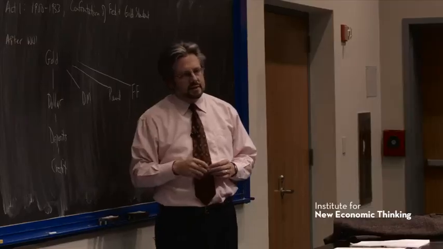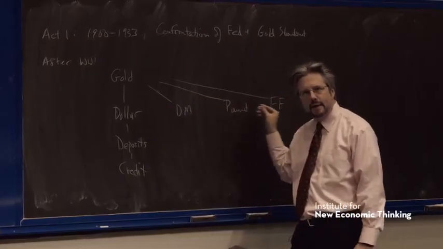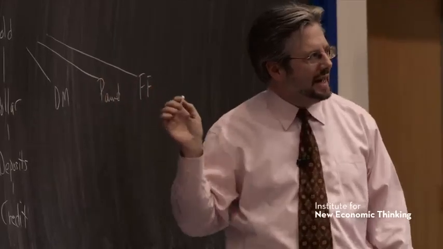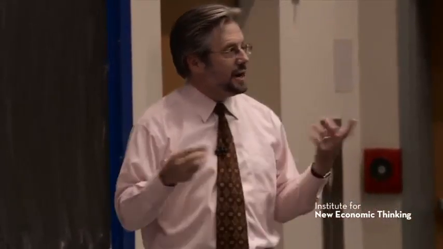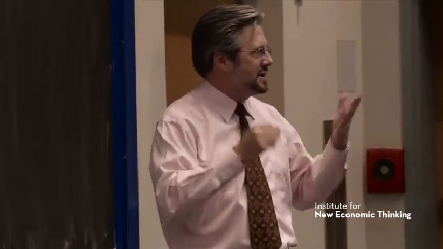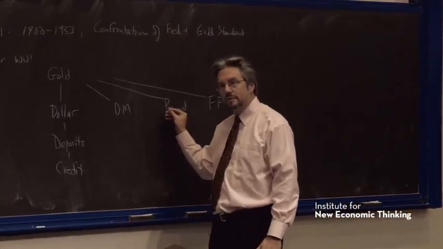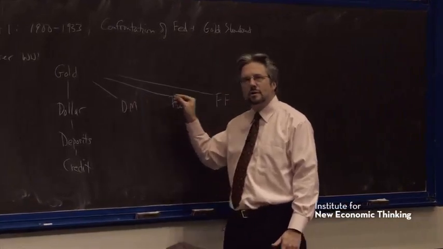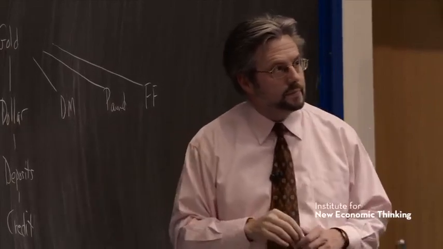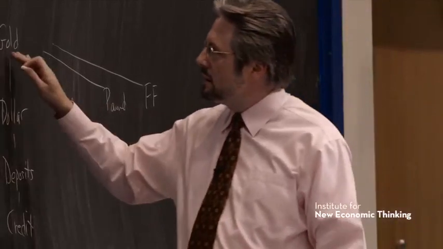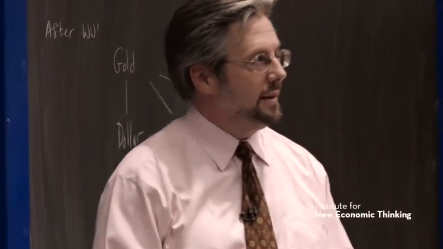What Mundell emphasizes here is that as you are relinking up the system, each additional currency that you add creates a greater demand for gold. If you're not on a gold standard, you don't have to have gold reserves. You don't need them. But if you're linking to gold, you need more gold reserves. So as each additional currency links up, there's an increased demand for gold. And gold becomes increasingly scarce, increasingly undervalued.